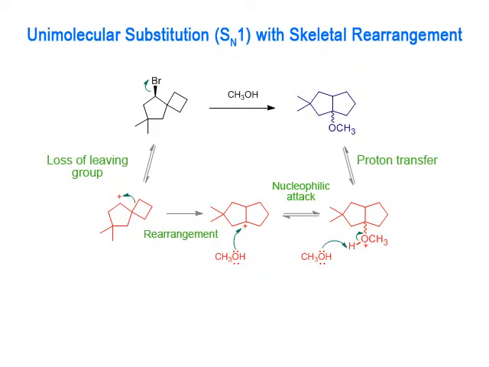Because we are at neutral pH and there are no good nucleophiles present, this reaction is likely to occur through an SN1 mechanism, particularly in a polar protic solvent such as methanol. Here we can see that the bromide leaving group breaks off to form a secondary carbocation, which has a strained four-membered ring next door. This four-membered ring can then rearrange with alkyl migration to generate a better tertiary carbocation, which